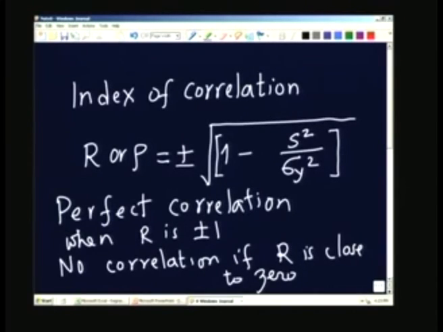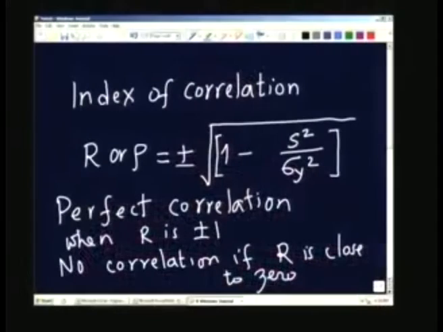So, the index of correlation is a more general quantity, and in fact, it can be shown that the index of correlation and the correlation coefficient are only the same for a linear fit. I am not going to do it here, I am just stating without proof. It can be shown that the index of correlation and the correlation coefficient are identical if you have a linear regression model. So, with this background, let us look at